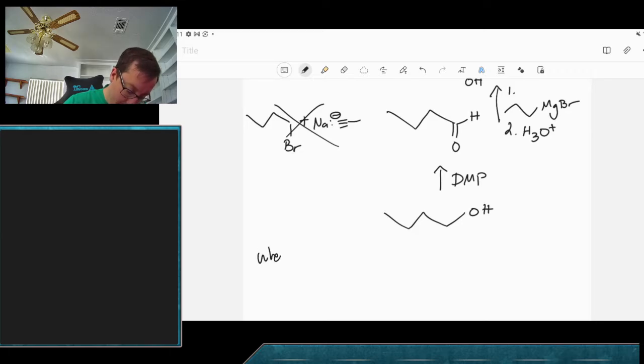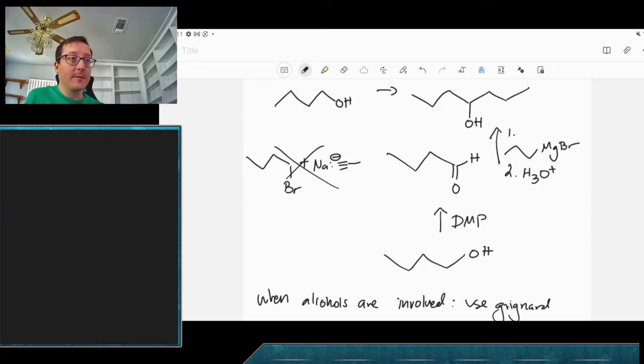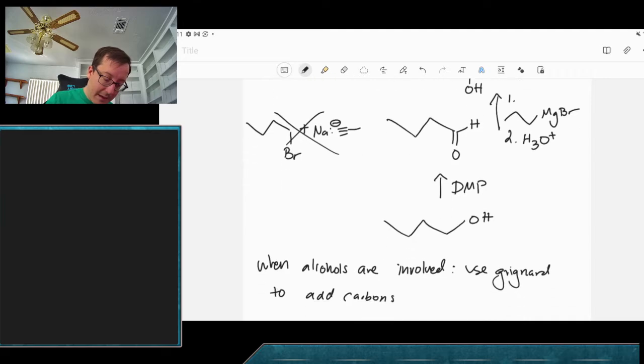So, when alcohols are involved, use a Grignard to add carbons. That's kind of the main idea here. So you want to use Grignard reagents with alcohols to add carbons. And of course, you'll need to oxidize something first, and then you'll need an acid wash at the end to get your alcohol out. We're going to see that if we have something like